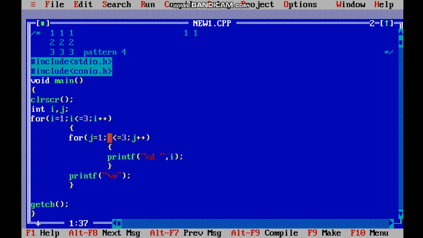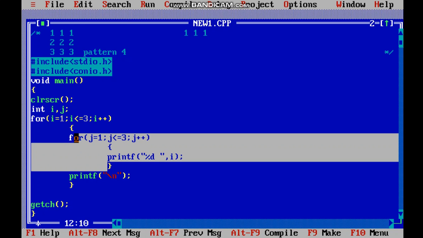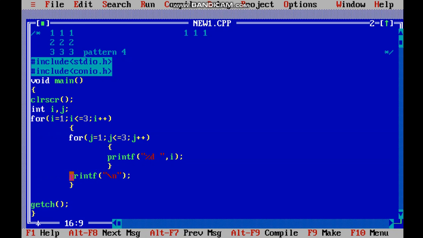Now when j value is 3 and 3 is again less than or equal to 3, again a 1 and a space will be printed. Now when j plus plus becomes 4, that means j value is 4 and 4 is less than or equal to 3, which is false. So this for loop is terminated and the cursor passes to the printf \n. It means now it will provide us with a new line. Now our cursor is here.